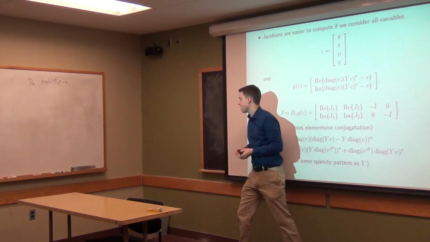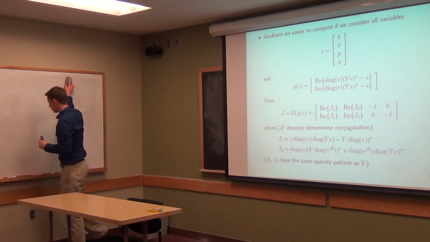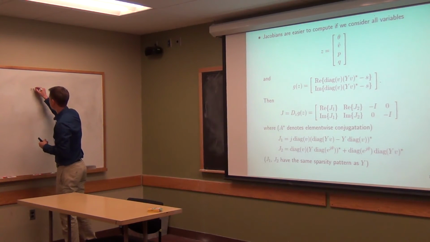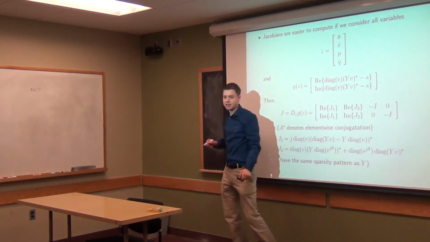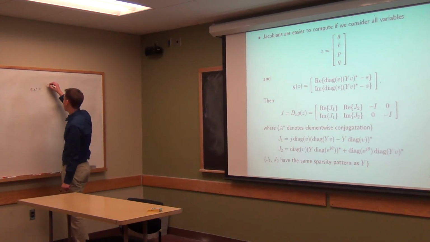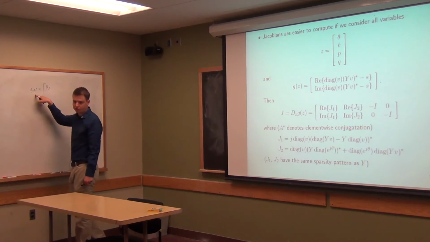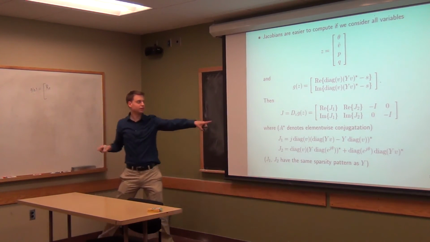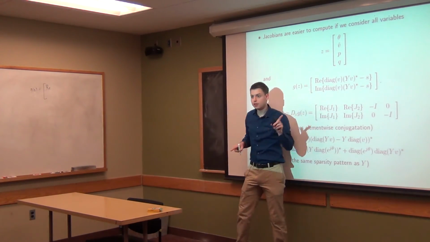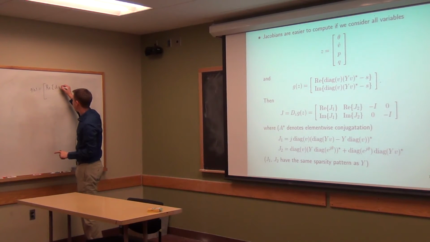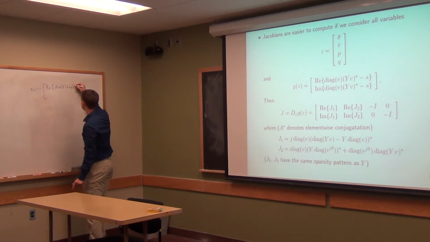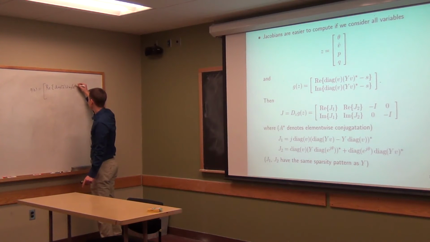What this really says is that G of Z equals the real component of, I'm defining G as a function of Z, and the complex V is not an element of Z. So it's the real component of diag V hat times diag e to the j theta,